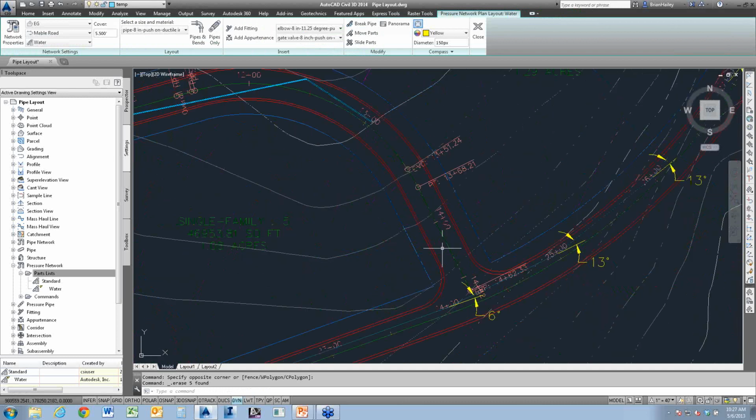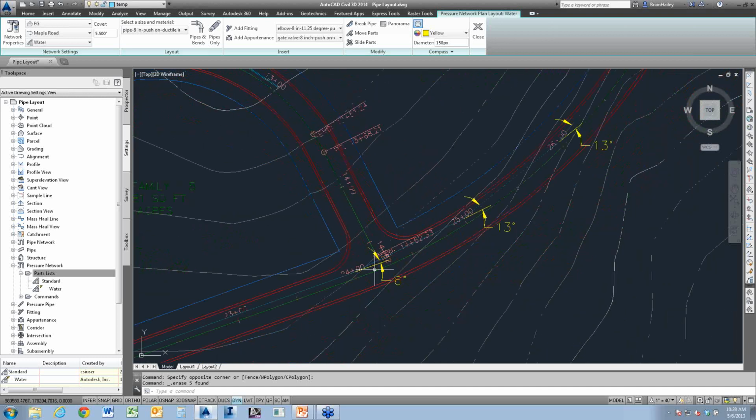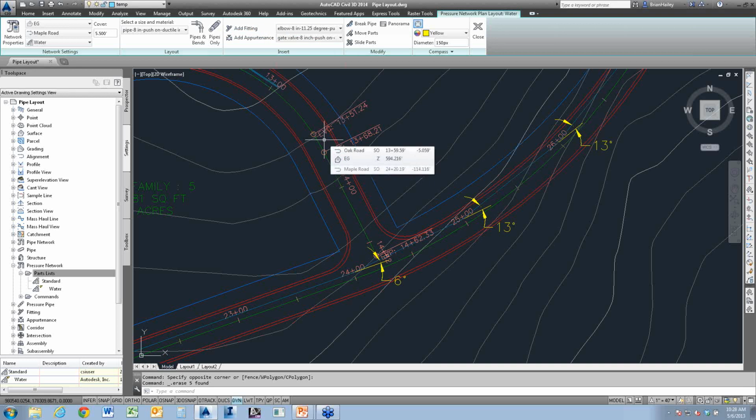So again, I could then connect this 6-inch pipe back into another T over here. I haven't modeled the T over here, the rest of the line over there, so there's really nothing to connect into. But you could simply do the same process, come add a fitting of a T down here, and then just use the grips to continue that on. Same exact process. So what I'm going to do, I'm going to go ahead and close out of this drawing.